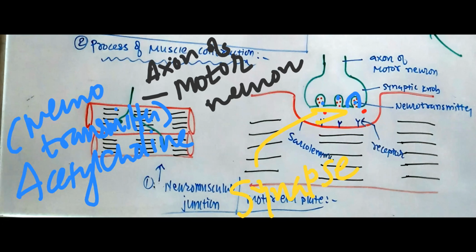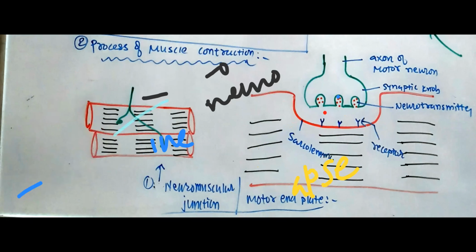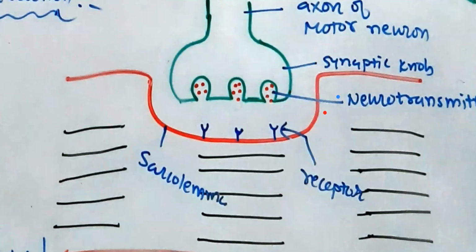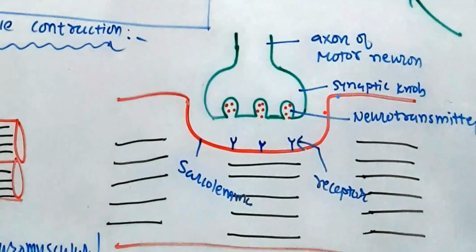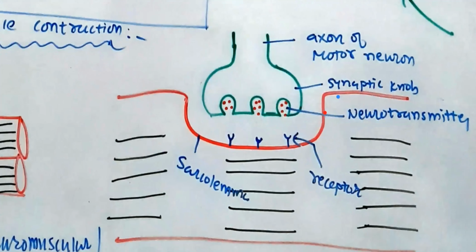Always remember this one. So where there is a physical gap, how do you convey the message or impulse from the axon to the sarcolemma? So that is done via neurotransmitters. Between these gaps, neurotransmitters are released. This setup is known as motor